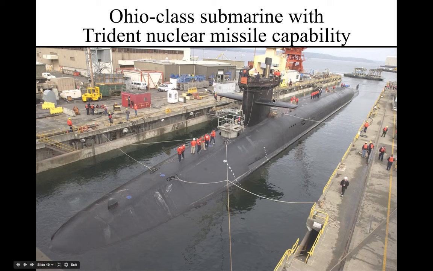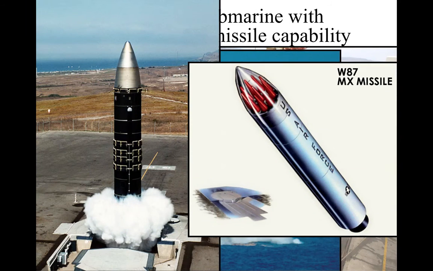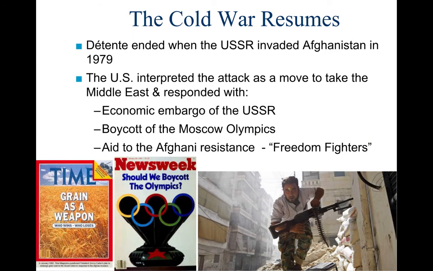and the USSR. So these are Trident submarines, and those are the MX satellites here. Pretty cool, very powerful, very long range. So those were the things that continued to make the Soviet Union nervous. Okay, so again, the policy of détente, that relaxing of tensions that we saw under Nixon, is officially going to